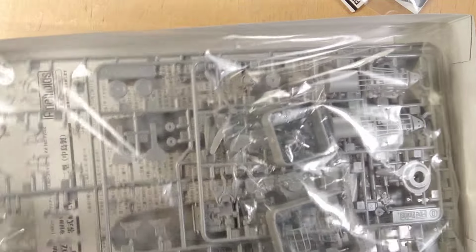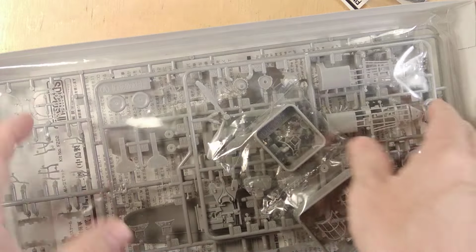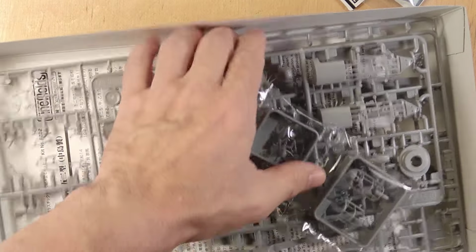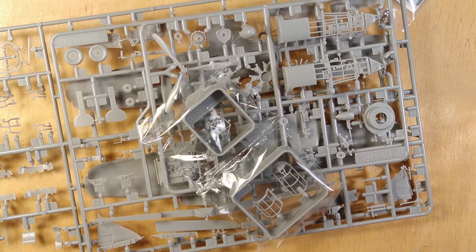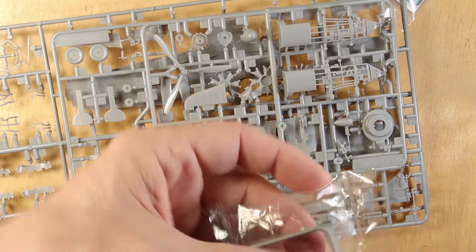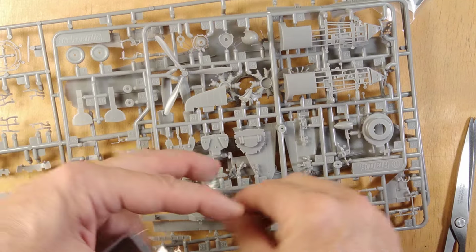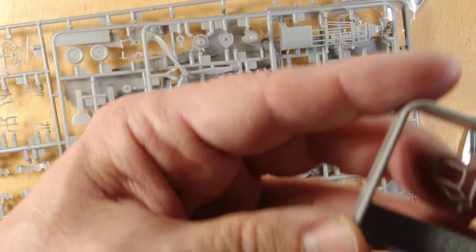Okay, plastic parts. A lot of small parts. Let's get the box out of the way. And here we have one of those things which a lot of people were asking questions about, whether it's worth doing it this way or not. And many people were saying, okay,